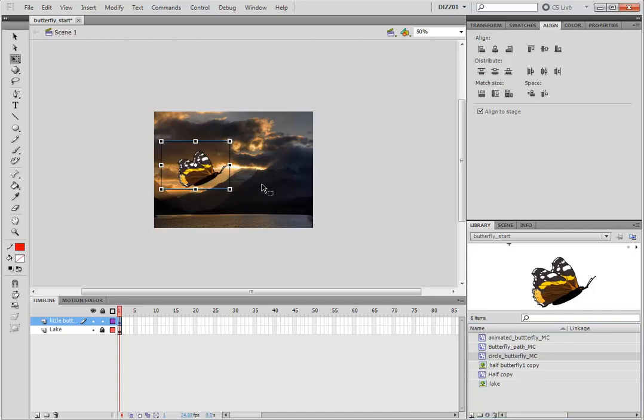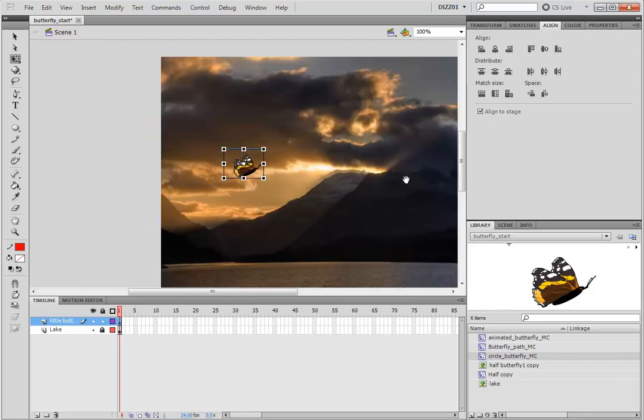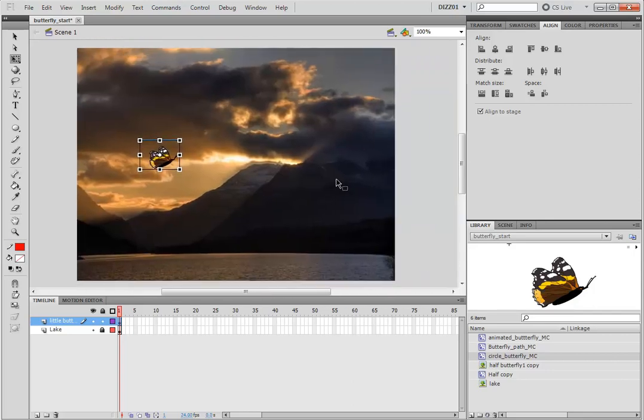You can see I can change the width and height of it. If you hold shift on your keyboard, you'll keep the butterfly in proportion. So if I scale it down, it's going to be quite a small butterfly, and just to make it a bit more special, I'm actually going to make it a different colour slightly by adding a tinge to it, or tint. So with it selected, I'm going to go over to the properties,